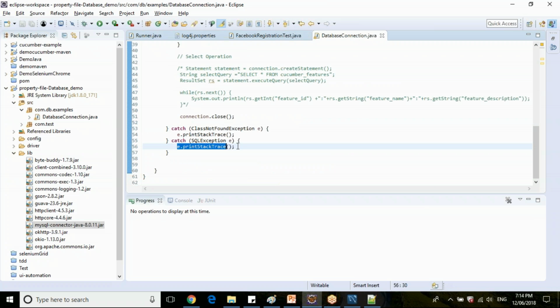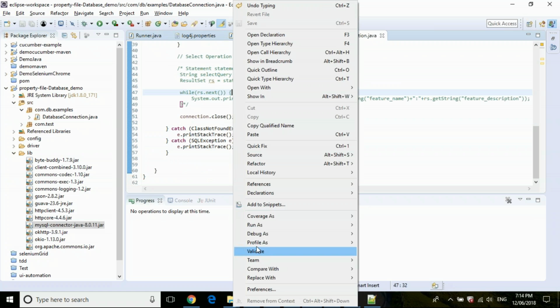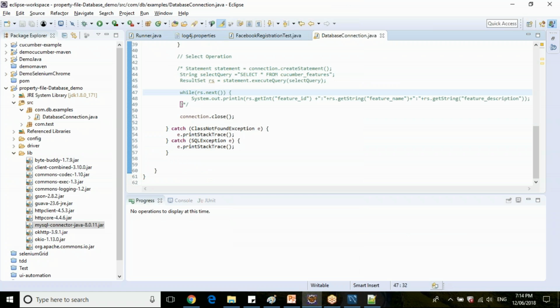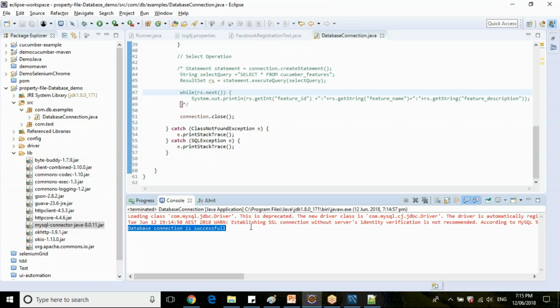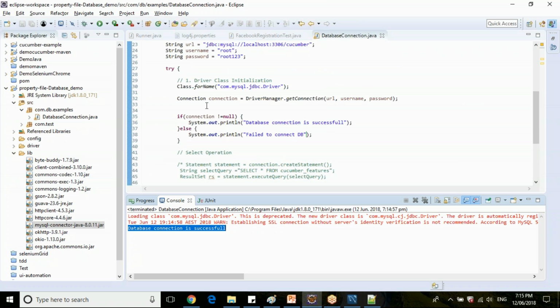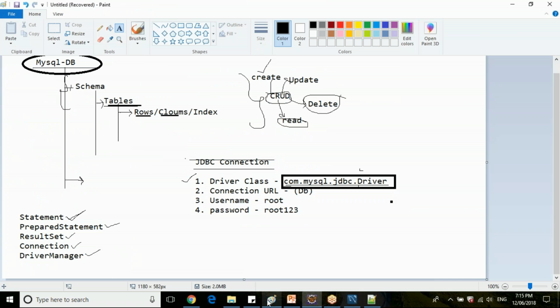So you can see in the stack trace what are the issues. So now the database connection is success. So for establishing a proper connection, we have followed these particular steps. Clear?